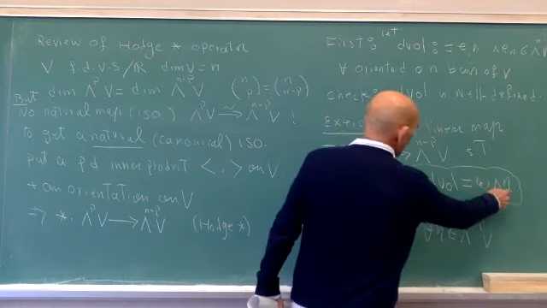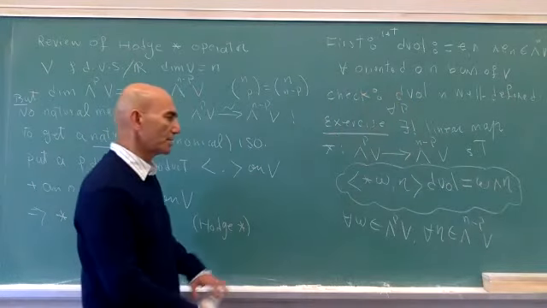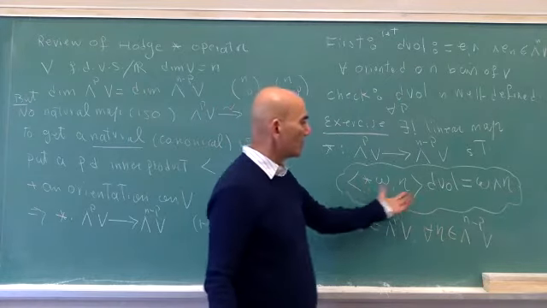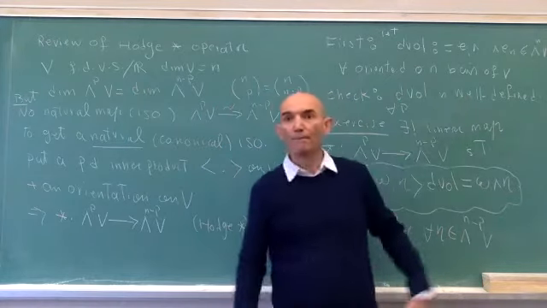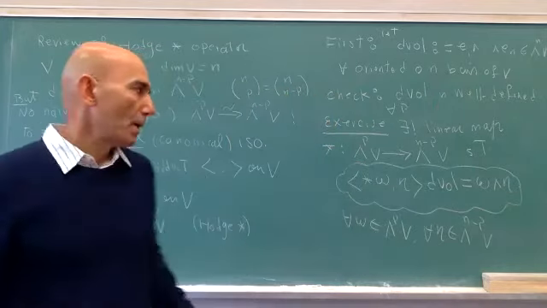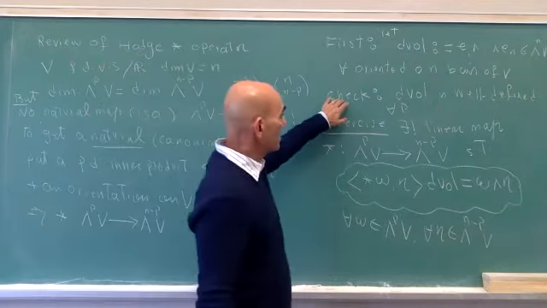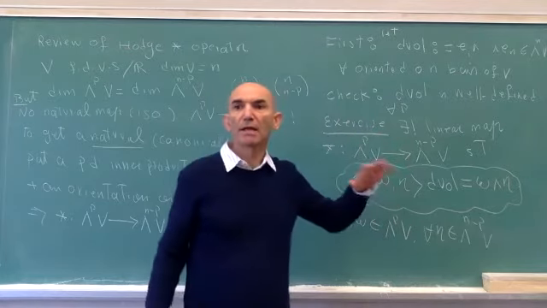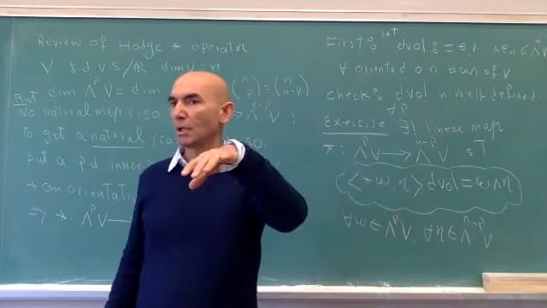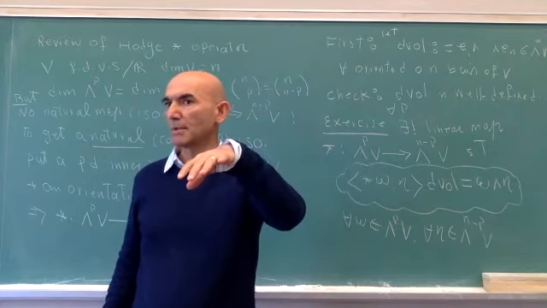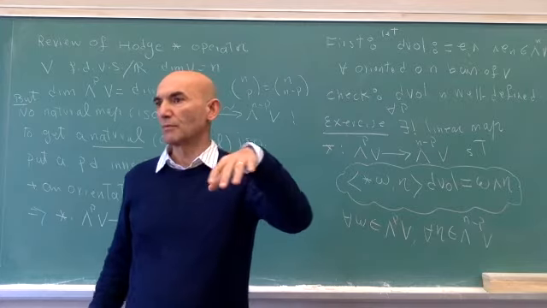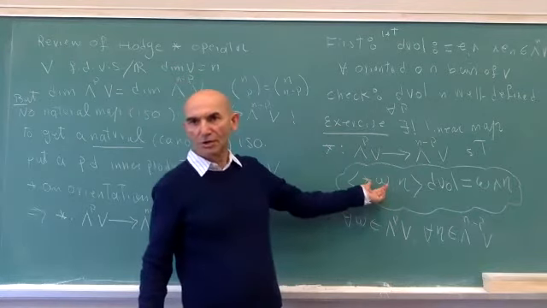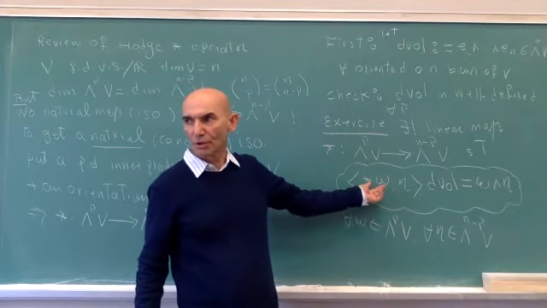So when you multiply these two things on the right-hand side, you get something in wedge n, you get the top form. And here is a number, and this is your top form over there. Now, this is an exercise like this one, but to check this, you just use the fact that a linear transformation on an inner product space is given by inner product with respect to a vector. So you're looking for this vector, star of omega, this mysterious vector, star of omega.